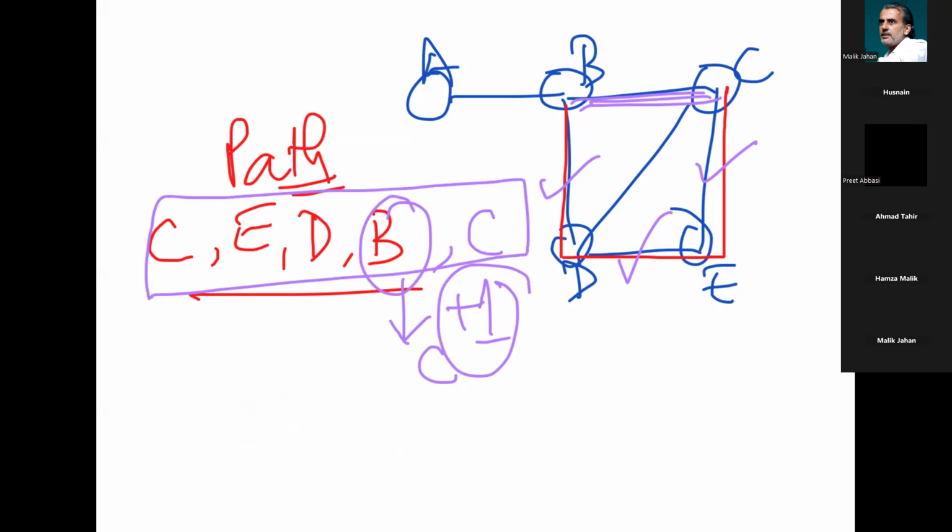So technically, I'm a little incorrect. When I say total number of elements, they are looking like 5 because C is repeated twice. So actually the number of vertices which are on the cycle, they are 4. Number of vertices which are part of the cycle, they are 4. Previously, number of vertices which were part of the path, they were also 4. So we have evolved a cycle out of the path by adding one more edge from the last vertex to the starting vertex, and that didn't change the number of vertices, but that has changed the number of edges, and the resultant